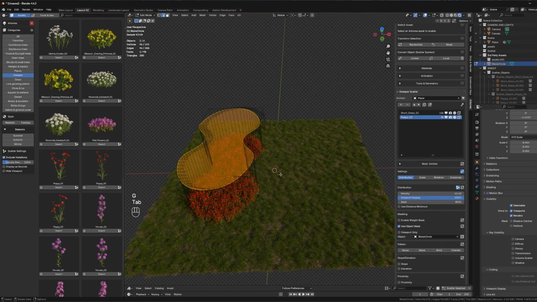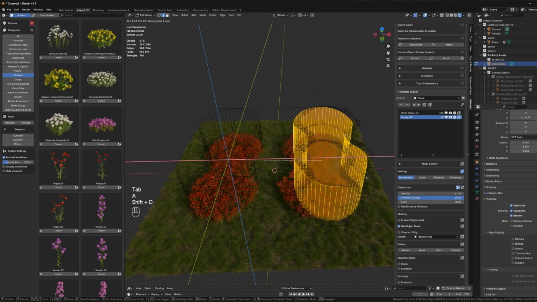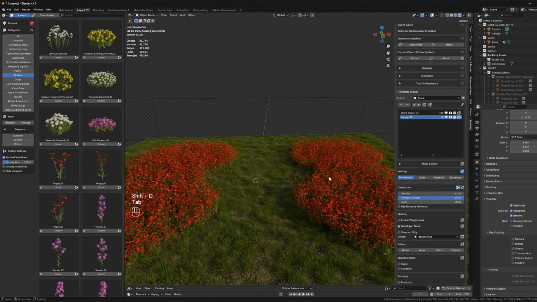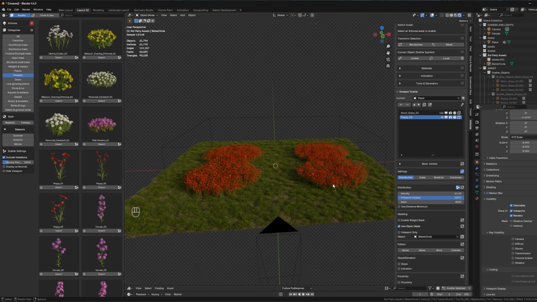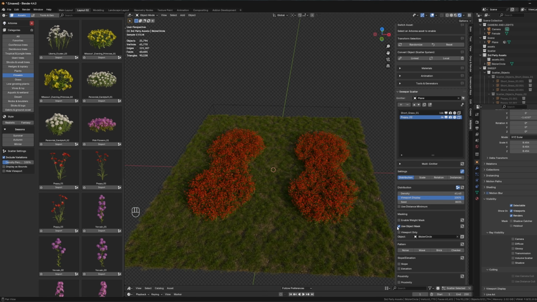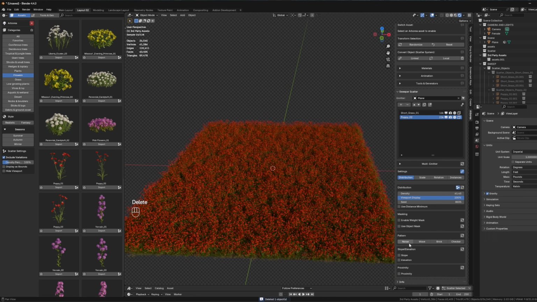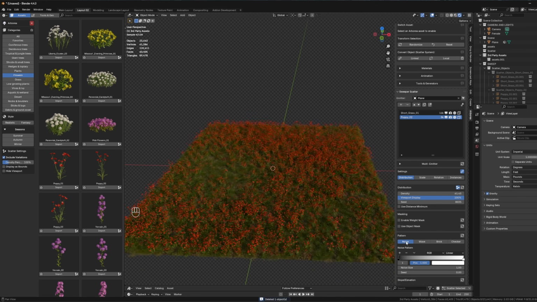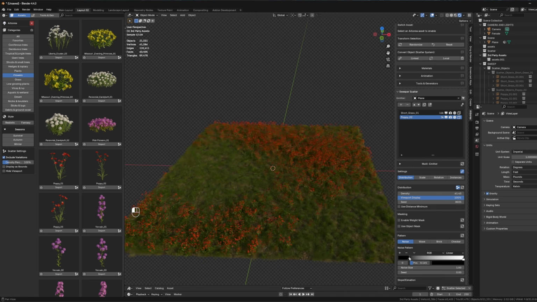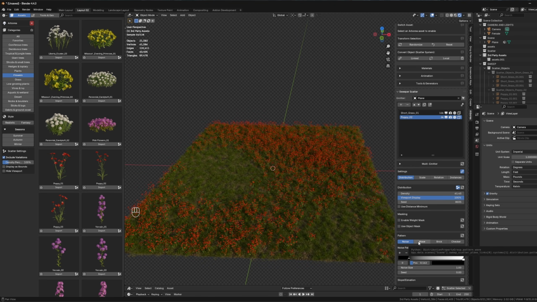If I go into edit mode, I can select this, duplicate it, and I've got these patches. Of course, not the best looking just because I spent like 2 seconds on that, but very helpful for cases like that. Okay. Pattern. So I already covered the noise pattern a little bit,